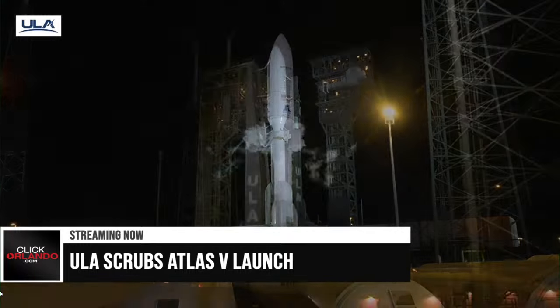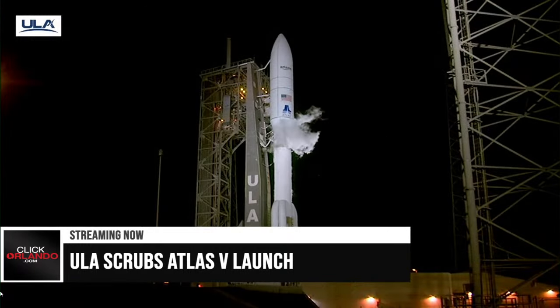This is Atlas Mission Control. It is confirmed that we will not continue with the Amazon Project Kuiper 1 launch activities today. We will work with our partners at the U.S. Space Force Space Launch Delta 45 for the timing of our next launch opportunity. For up-to-date information, please visit us at